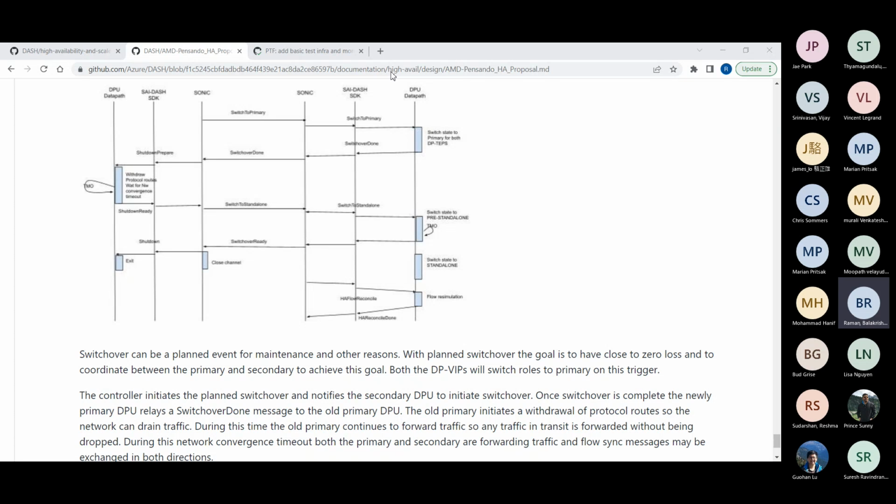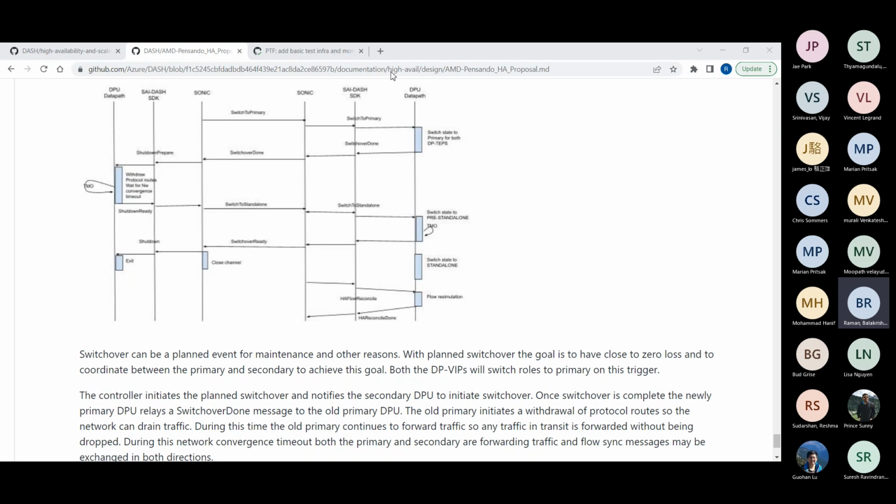When it gets into that pre-standalone state, that is the state it gets into after the address has been withdrawn from the old node, and also after a convergence time period. In the pre-standalone state it won't do any flow sync towards the other side, because it has pretty much determined at that point that the other side is going to go down.